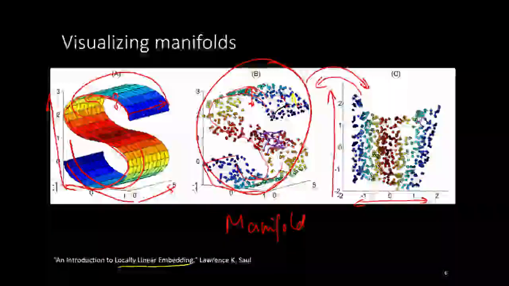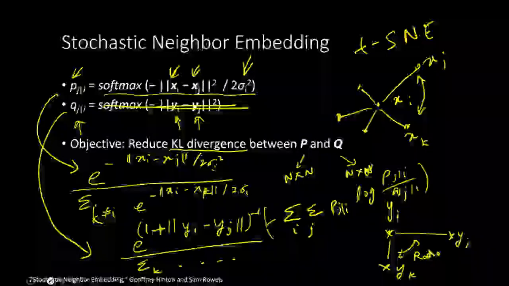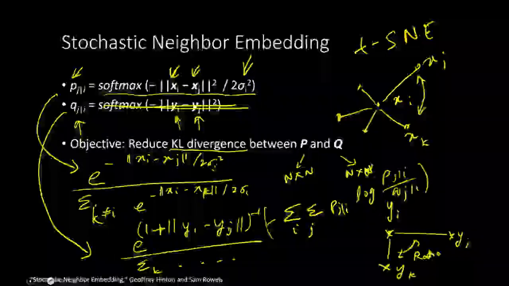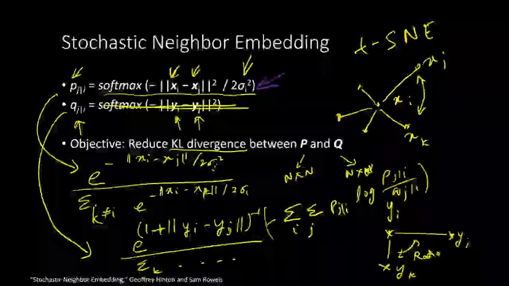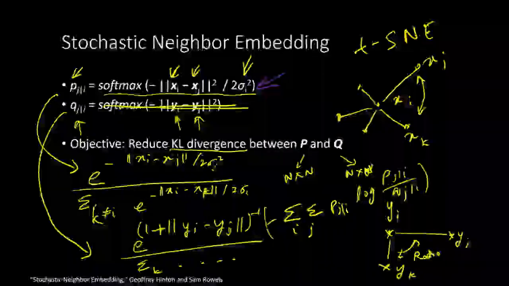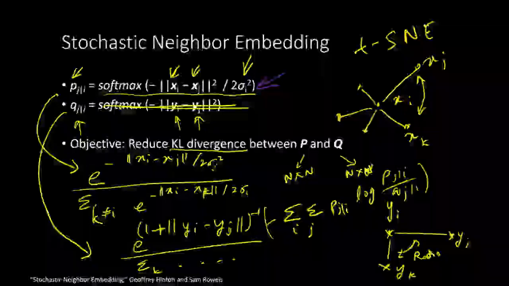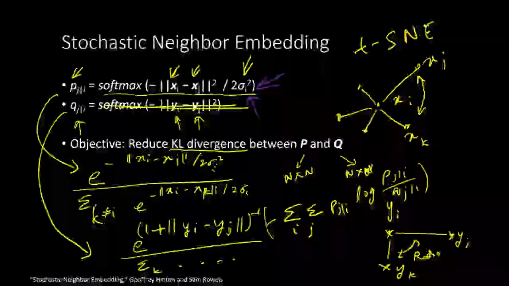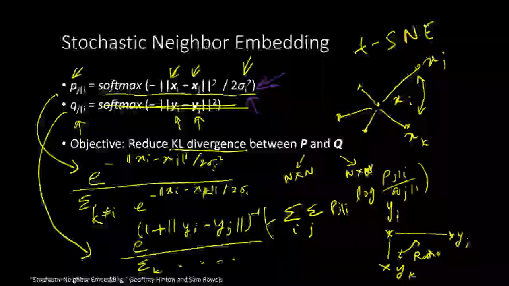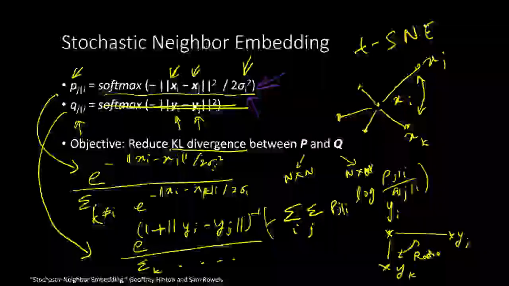Whereas in t-SNE, we look at the relation between each point and all the other points, irrespective of how far that point is. What will happen is that if the point is too far, then this softmax will have a very small contribution from a very far point, but we take into account all points. The disadvantage is that we can end up with a computationally expensive technique, number one. Number two, we also need to find a good value for the hyperparameter sigma, right? And you can change something called perplexity of t-SNE, and you can get different embeddings because of that.